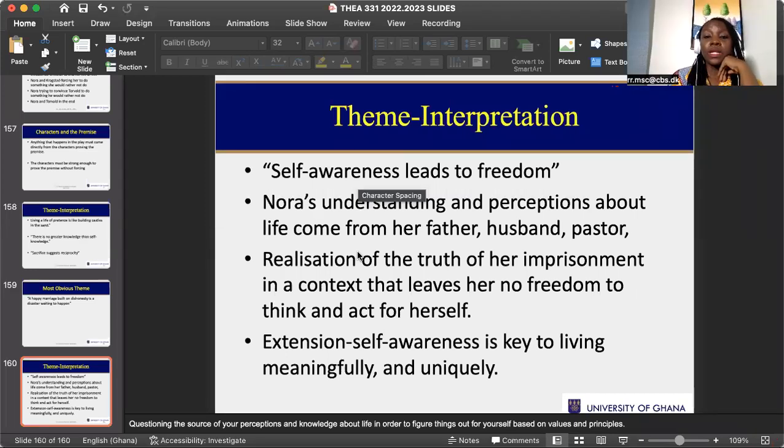Because like I told you right at the beginning, I want you to become experts at analyzing plays and knowing the technical terms. If you are talking about a character and you are bringing about all these dimensions, it just shows that you are acquiring the kind of knowledge necessary to be able to do the kind of work that is needed.